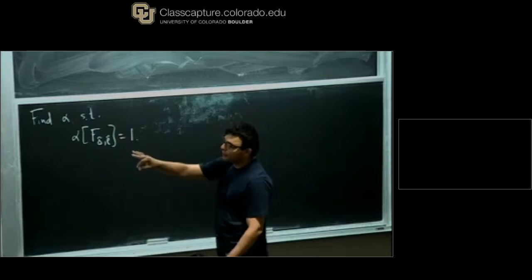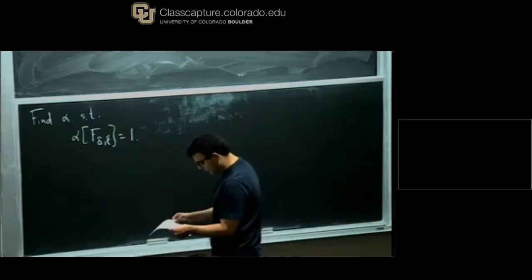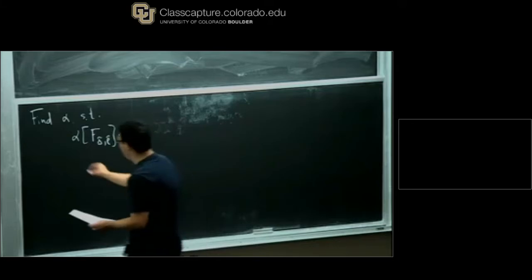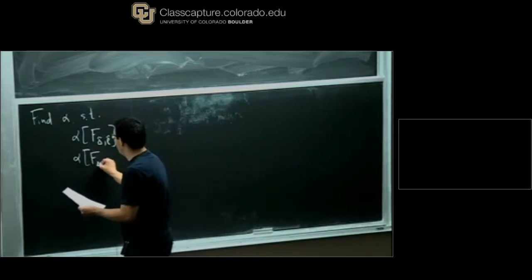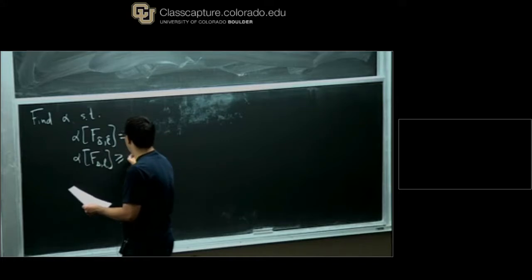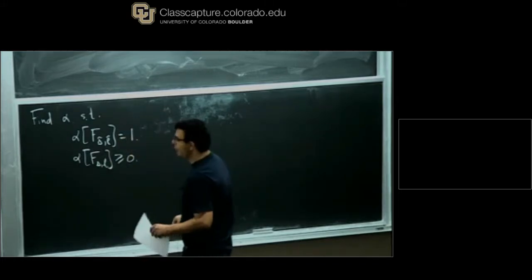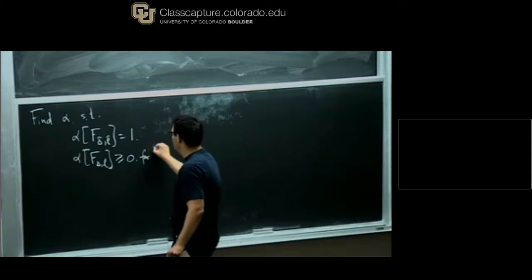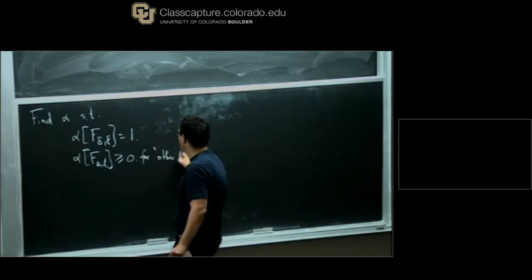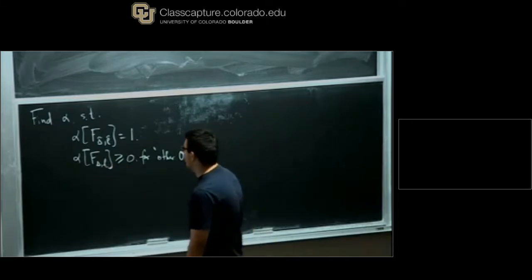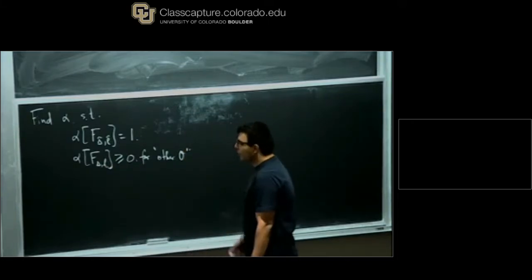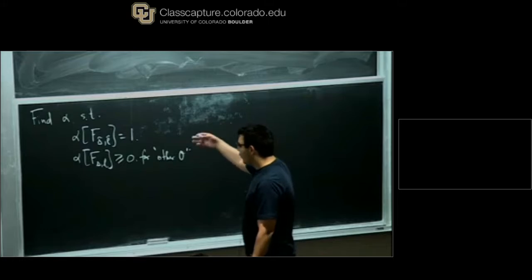So it's normalized a little differently from there. And alpha on f delta L is bigger than 0 for all the other O's, not the identity, or the operator whose OPE coefficient we want to find a bound on. So if we can find an alpha that satisfies these two conditions,